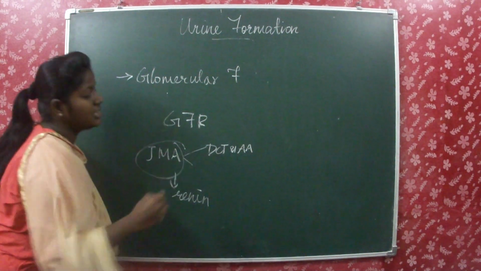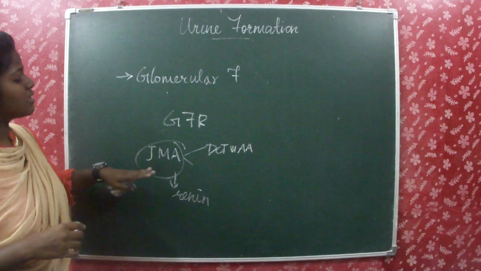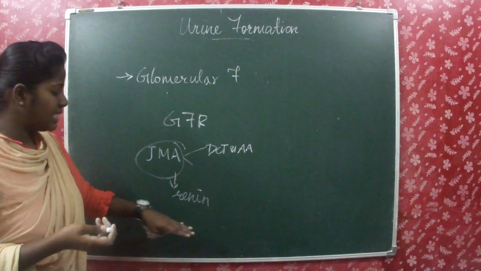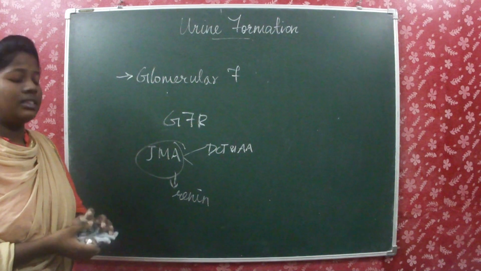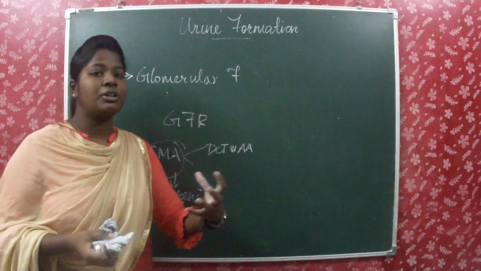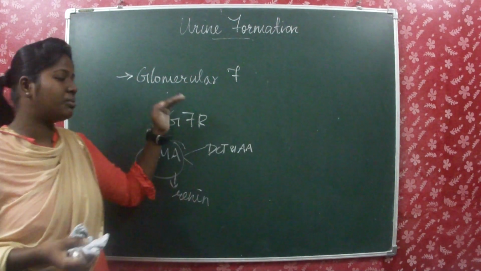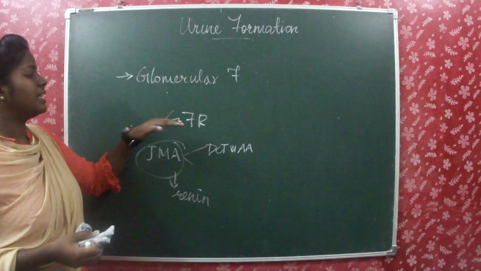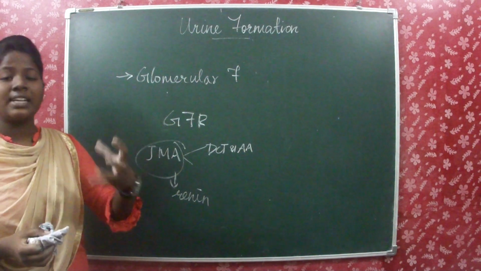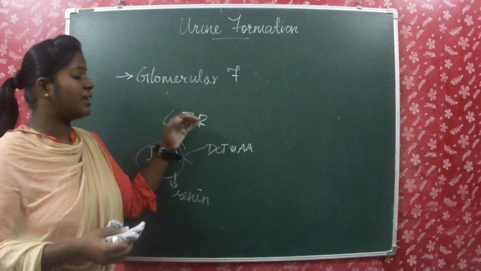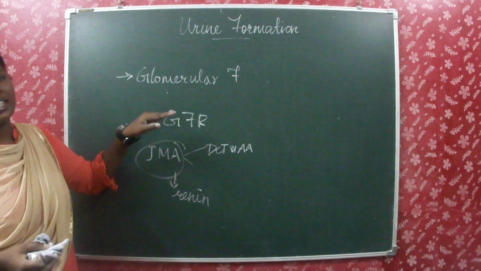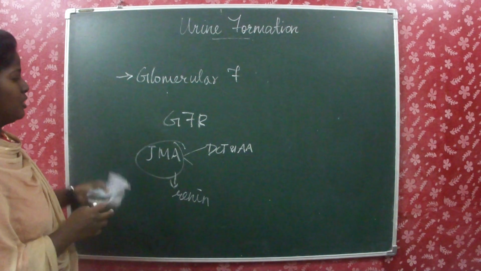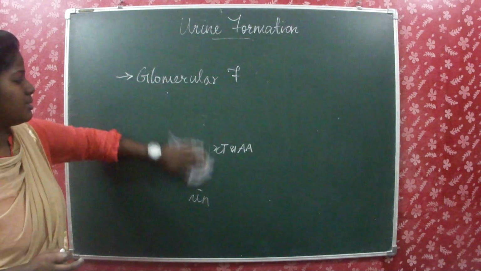When there is a fall in the glomerular filtration rate, this juxtamedullary apparatus gets activated and secretes renin, which results in the movement of excess blood into the glomerulus. If the blood moves in excess, then automatically it will get filtered. The filtrate amount of GFR will be formed. So the GFR, that is the glomerular filtration rate, comes back to its normal rate. So, this is the inbuilt mechanism of the kidney.